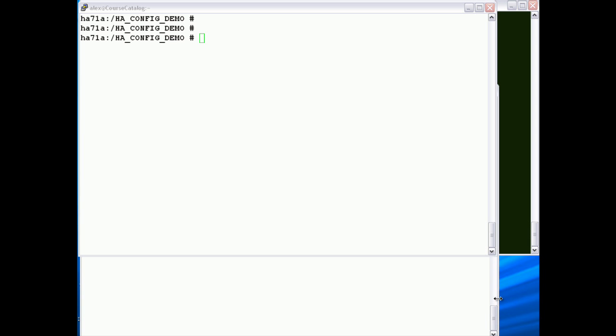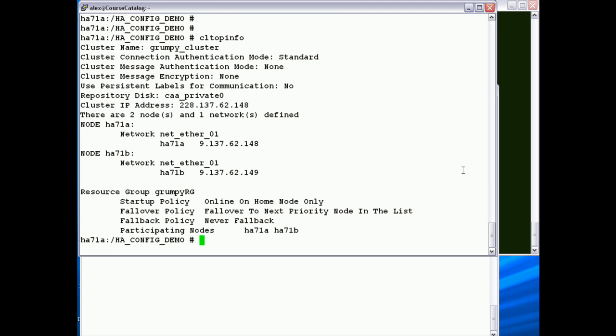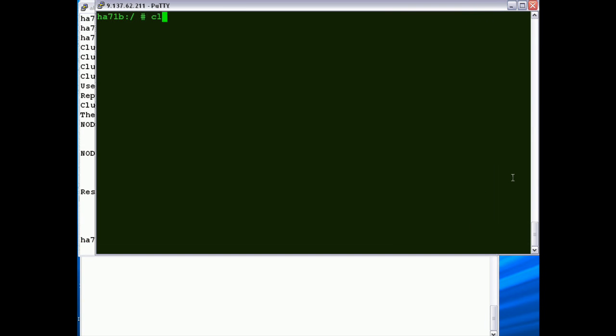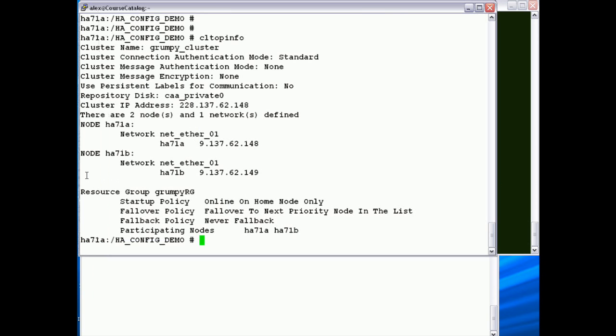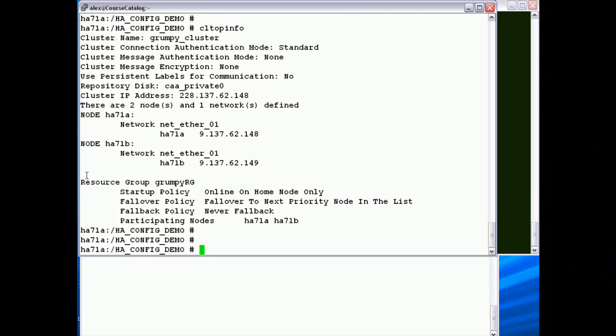Here we are, folks, back in our cluster node following part 2. On our 2-node cluster we have a valid synchronized cluster definition on both of our nodes, HA71A and HA71B. And the first thing that I'm going to use CL Manager for is removing the cluster definition. Now, historically, the way you would do that with